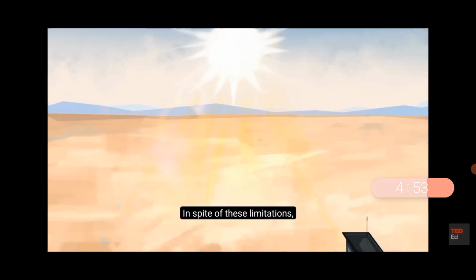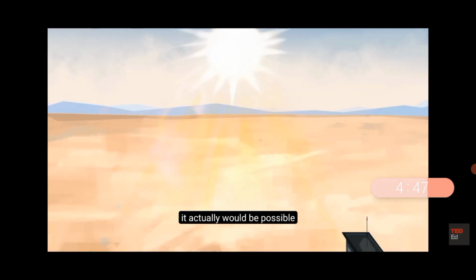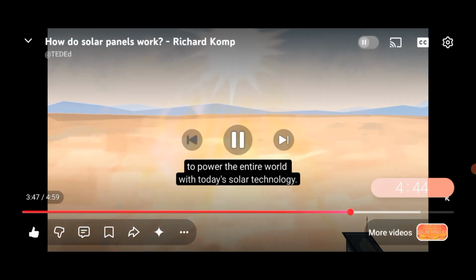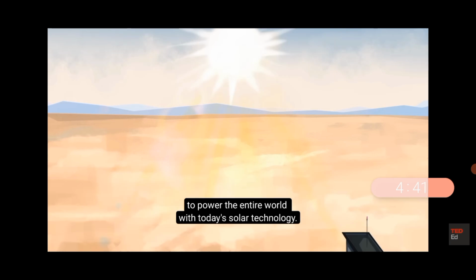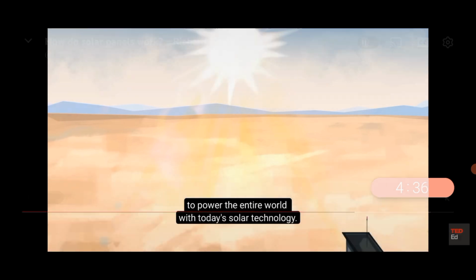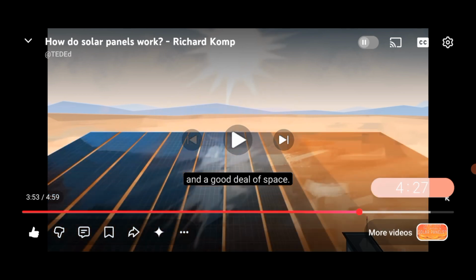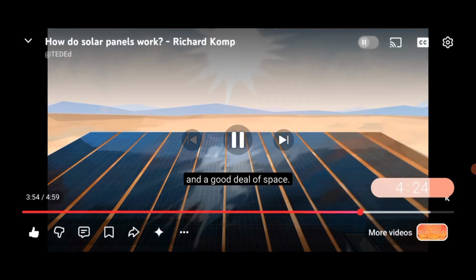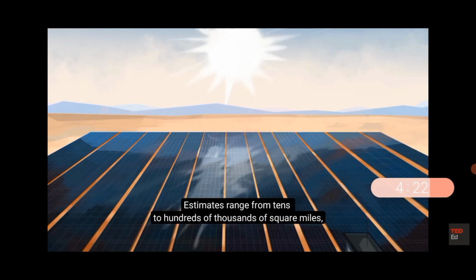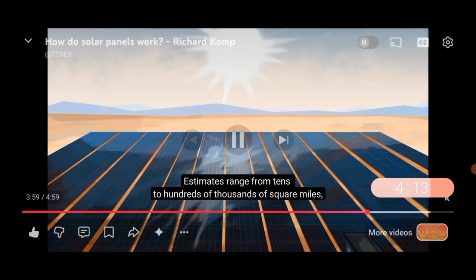In spite of these limitations, it actually would be possible to power the entire world with today's solar technology. We need the funding to build the infrastructure and a good deal of space. Estimates range from tens to hundreds of thousands of square miles, which seems like a lot,